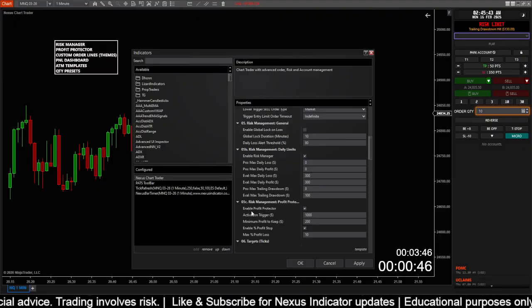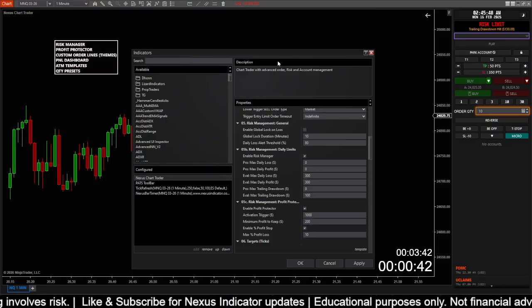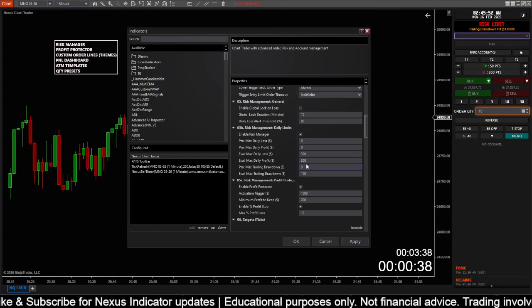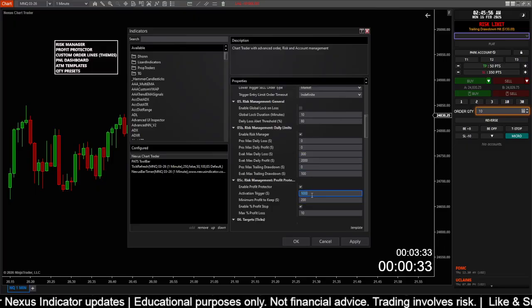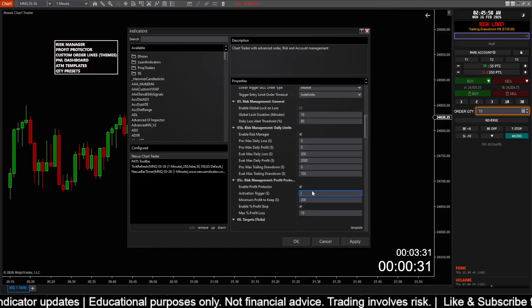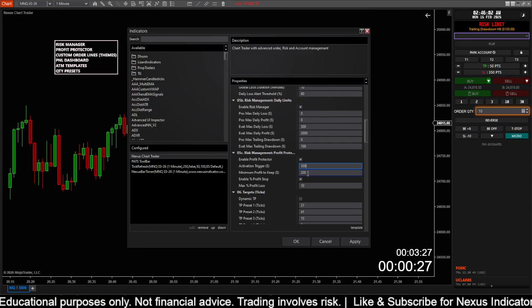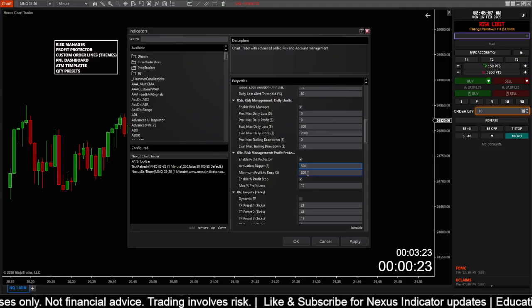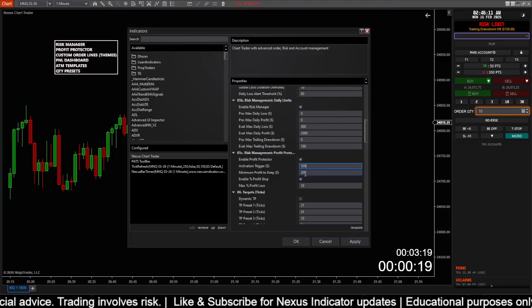Now, apart from the risk manager, we have the profit protector. As the name says, it protects your profit in the market. In these settings, we have the profit protector to be enabled at $1,000. Let me change that to $500, and then we have an option for minimum profit to keep. That means how much profit you would lose and what is the minimum the Nexus Chart Trader,